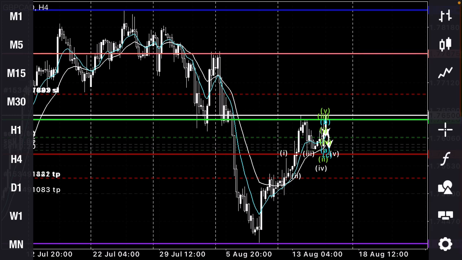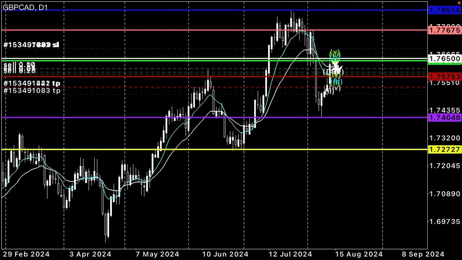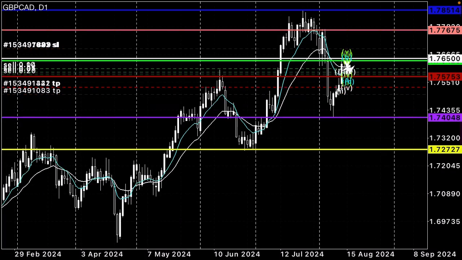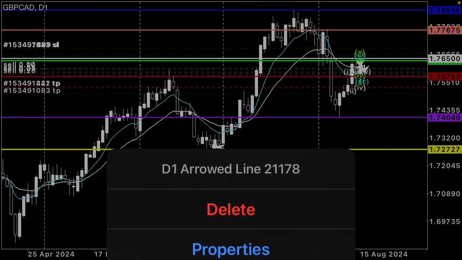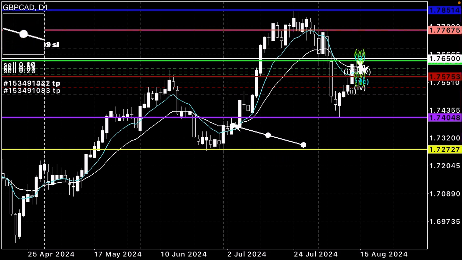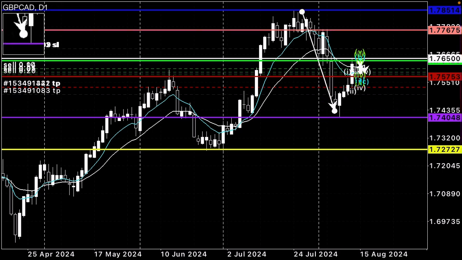But that's on the 4-hour chart, and then the daily. Here's what the daily looks like. It's not really a real pattern there, except for this right here. This could be considered a 1, 2, 3, 4, 5, A, B, and then drop down for C. So A would be considered the same as C, and there's the drop right there. It would go down there,